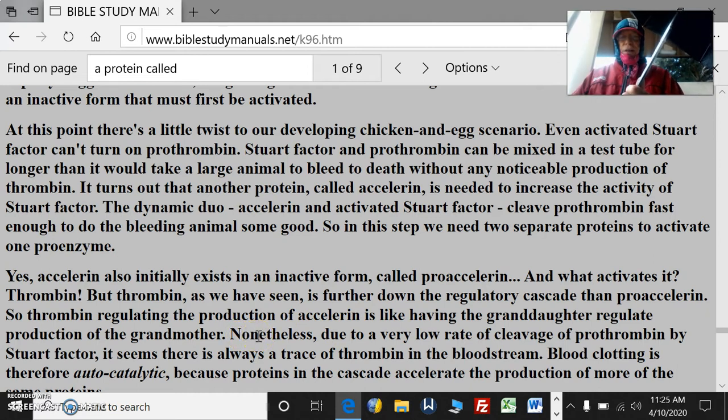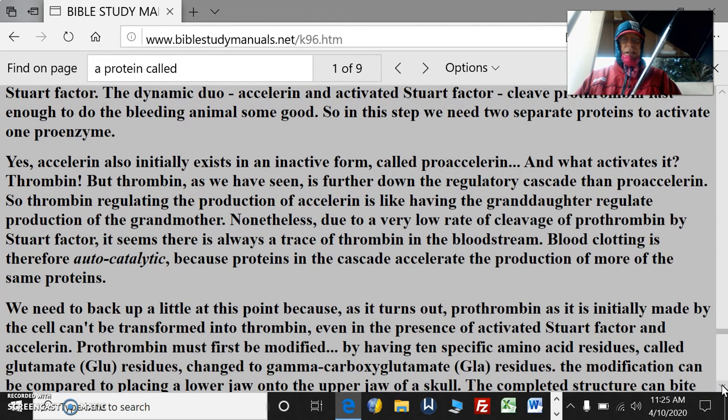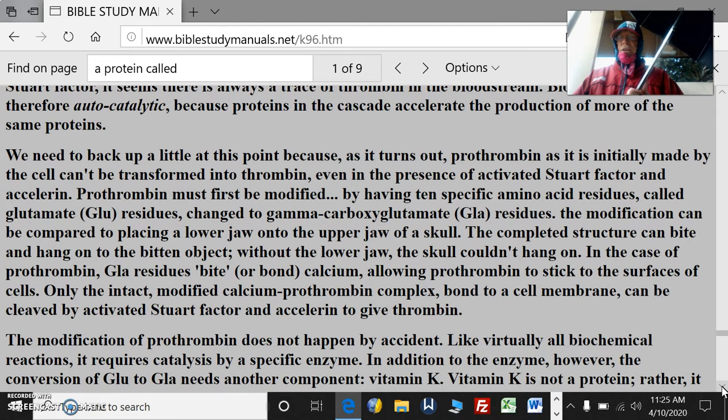Nonetheless, due to a very low rate of cleavage of prothrombin by Stuart factor, it seems there is always a trace of thrombin in the bloodstream. Blood clotting is therefore autocatalytic, because proteins in the cascade accelerate the production of more of the same proteins. Wow, that is so complex. It couldn't have evolved. We need to back up a little at this point, because as it turns out, prothrombin, as it is initially made by the cell, can't be transformed into thrombin even in the presence of activated Stuart factor and accelerin. Prothrombin must first be modified by having 10 specific amino acid residues called glutamate, GLU, residues, changed